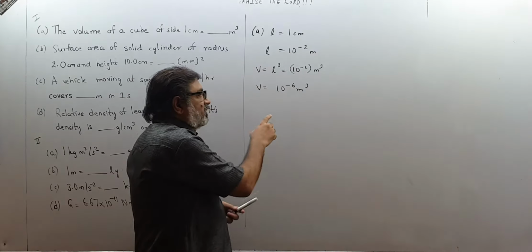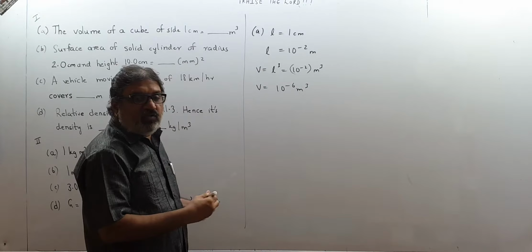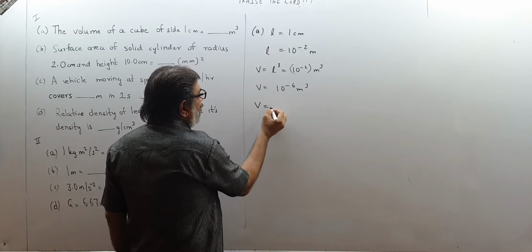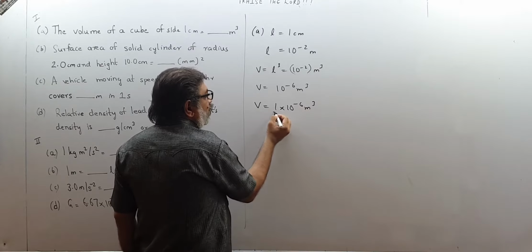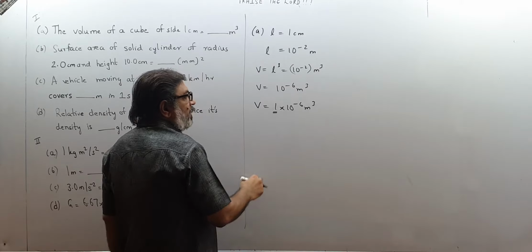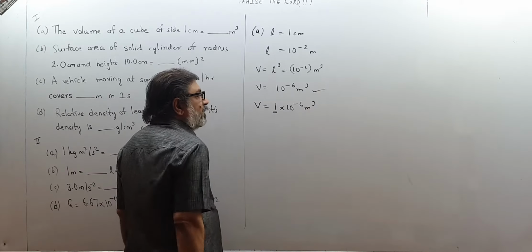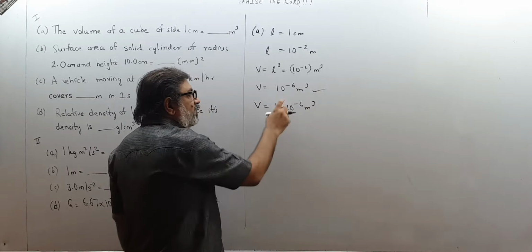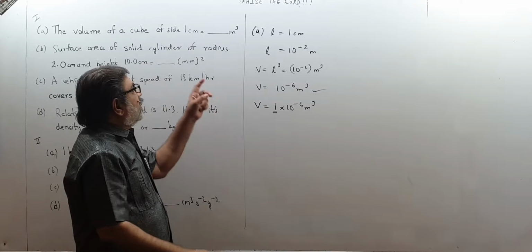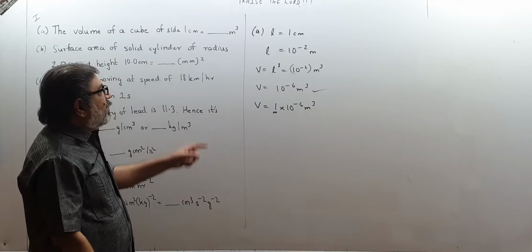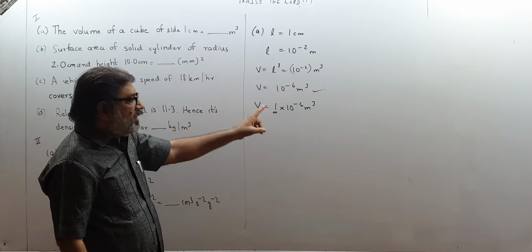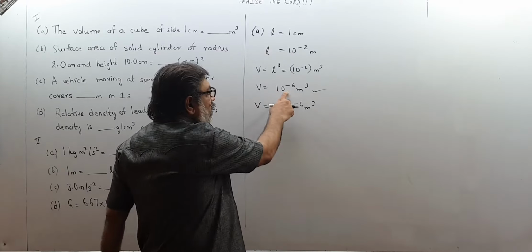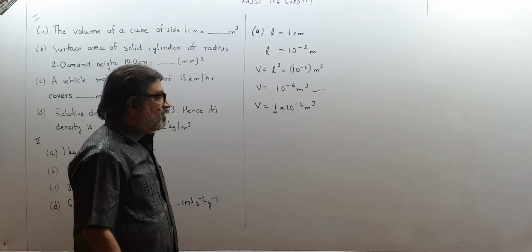10 raised to minus 6 automatically means 1 into 10 raised to minus 6. So you may stress it like this, 1 into 10 raised to minus 6 meter cube, to show this is only one significant digit, or you may even write it like this. This itself means 1 into 10 raised to minus 6. This one means only one significant digit. Here also one significant digit. And precision is for the complete integer part. 1, there is no decimal, here also no decimal. So this or this may be considered as the correct answer.